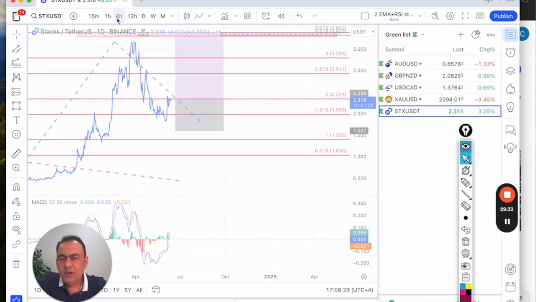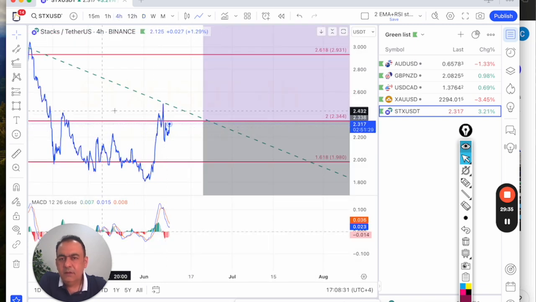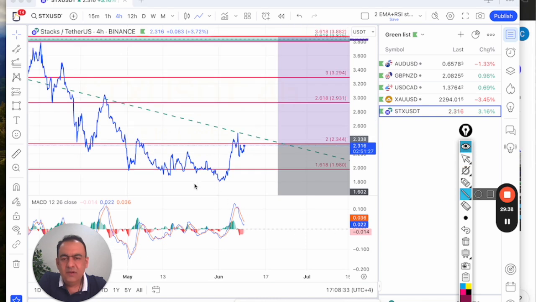Now moving to 4-hourly chart, again I do not see any signs against. We got bullish divergence. Even the wider one, we have completed the higher high formation. Join the buyers, so you can split your entry. You can buy whatever amount you are willing to allocate to this crypto